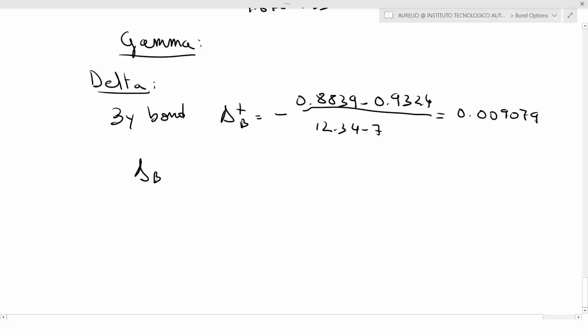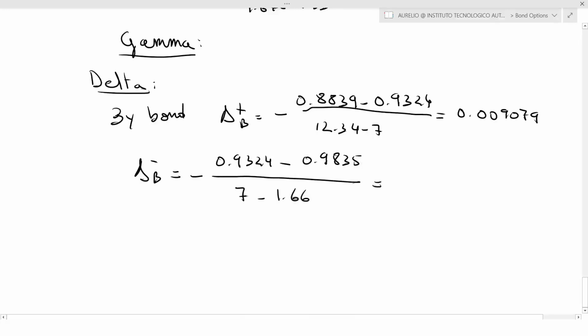0.009079. Now the delta of the bond in the minus scenario, in the down scenario, is going to be minus (0.9324 minus 0.9835) over (7 minus 1.66), and this gives us 0.009577. Then the gamma of the bond, the gamma Vasicek of the bond, is going to be equal to minus,